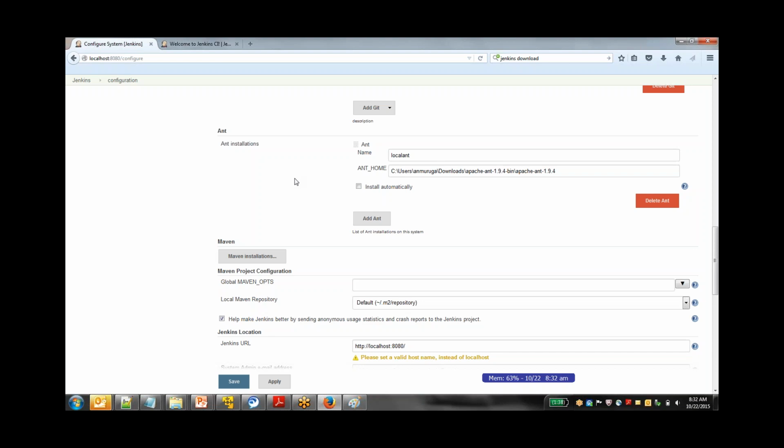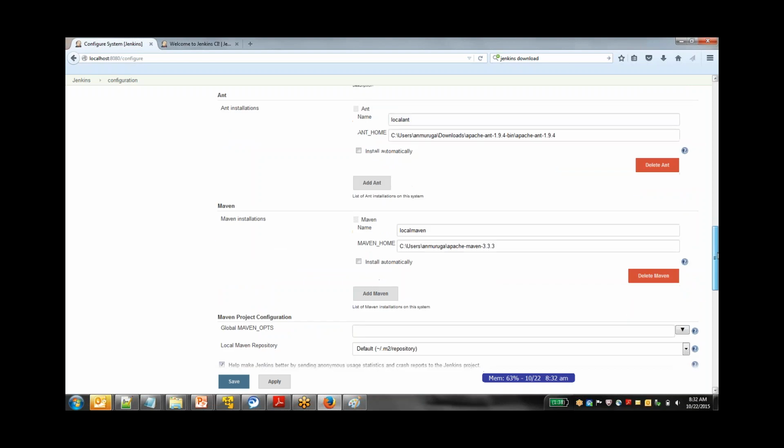So like this, you will have a specification for each one of them, wherein majority of the time we will be using either Ant or Maven. So we will be specifying where Maven is installed, and this is just a dummy name to identify this installation of Maven. Whatever tools you are interested to work on, you will install the plugin and correspondingly this option will come. By default, Ant and Maven will be present in the page when you install, but